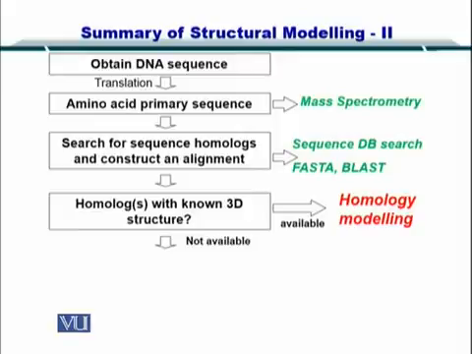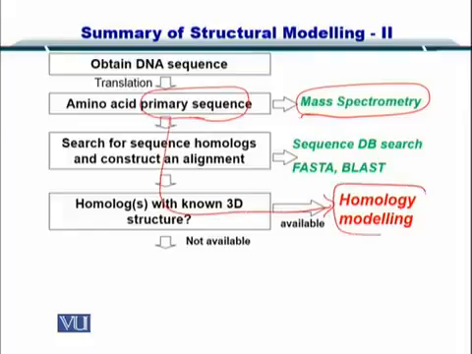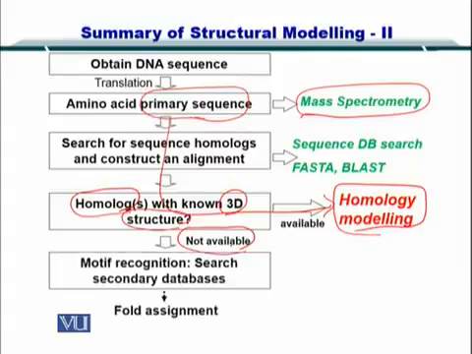In this slide, you can see that if we had the primary sequence of proteins that was obtained from either Edman degradation or mass spectrometry, then we could move towards homology modeling. However, if we had no homologs with 3D structures, then we had to move to a different strategy. This strategy is called fold assignment. So once again, if you cannot find complete protein structures having similar sequences to your sequence, then you have to